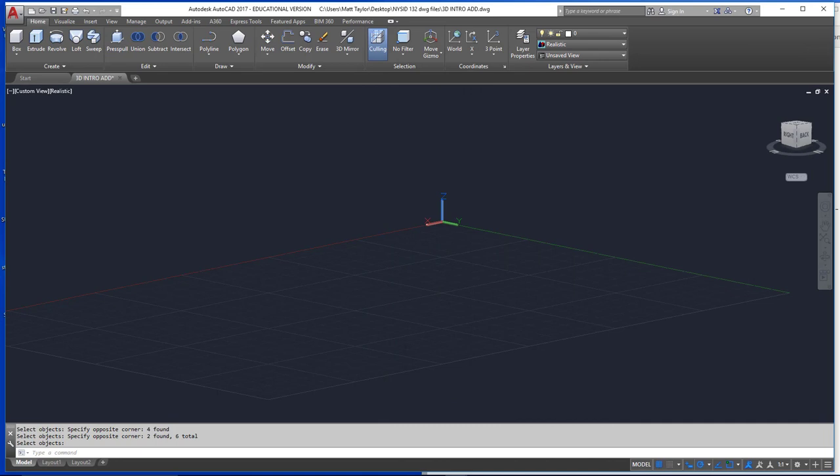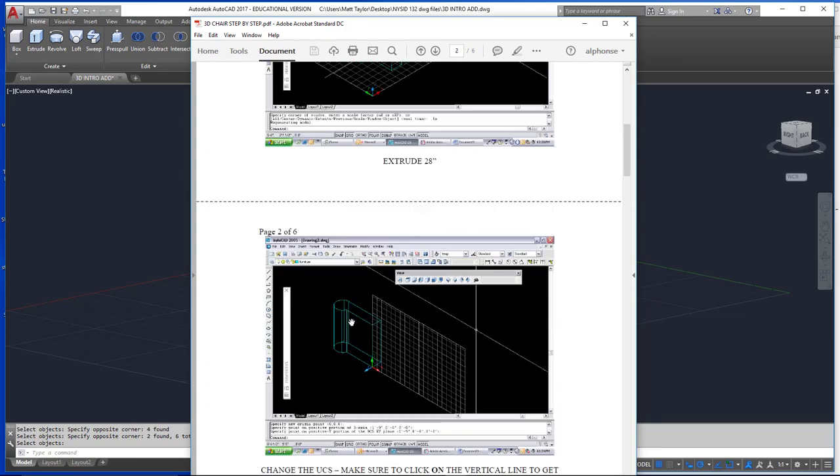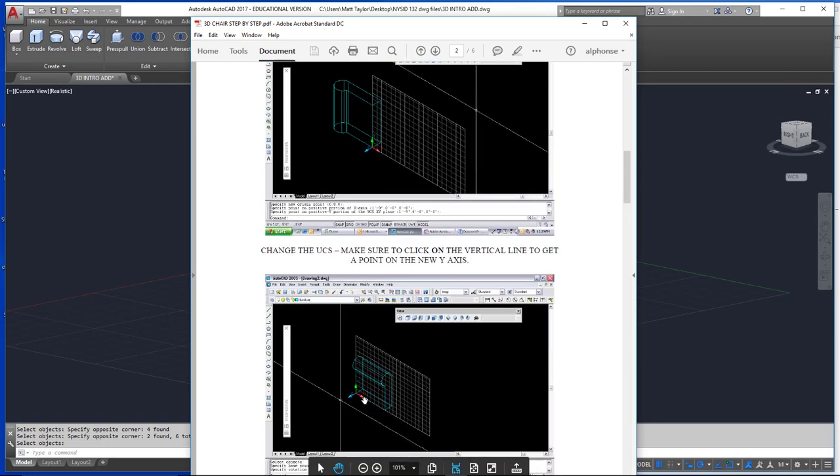Again, you can follow along on the handout or watch the video. Let me show one thing about the handout. It's showing this method of creating a new user coordinate system in order to be able to rotate objects about the z-axis. That is a little bit obsolete. You can still do that, as I showed in the last video,